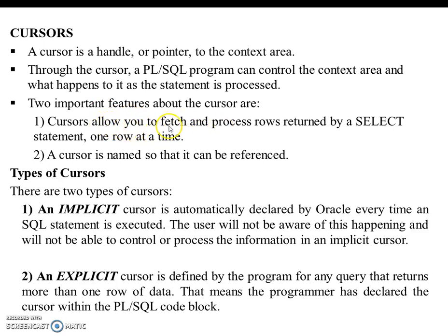it allows you to fetch or to read the processed rows written by something which is performed after a select statement. Okay, and that is by default one row at a time for the first category of cursor, that is implicit. If we are going to process multiple rows, then we have to follow an explicit cursor. Okay, and if we are following the explicit cursor, then that cursor must be referred to by its name.